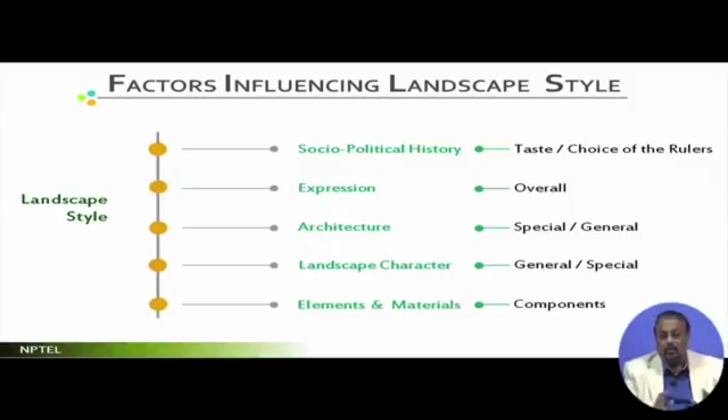Now all this together brings us to a situation when we are in a position to discuss various examples. Historical examples in this lecture series we have divided into two parts. One is the Oriental part, another is the European part. In the Oriental part, we will be discussing Spanish or Moorish, Chinese, Japanese, and Mughal. And in the European part, we will be discussing Italian, French, English. So it will come in different sequences.